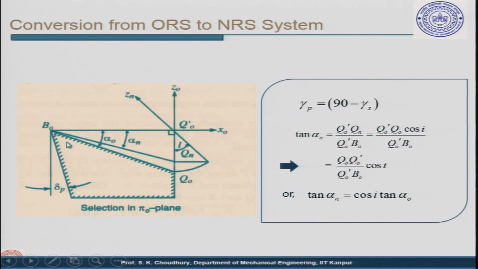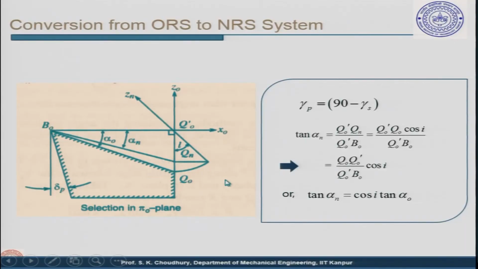All right. Now, what do we do? Similarly, this angle will be the principal flank angle, the flank angle in the Juarez system. Then, this is the axis X0 Z0, in which we are showing the view in the orthogonal rake system. That means this is as if the sectional view along the orthogonal plane. With respect to X0 Z0, particularly the Z0 axis, we will incline with an angle of I.